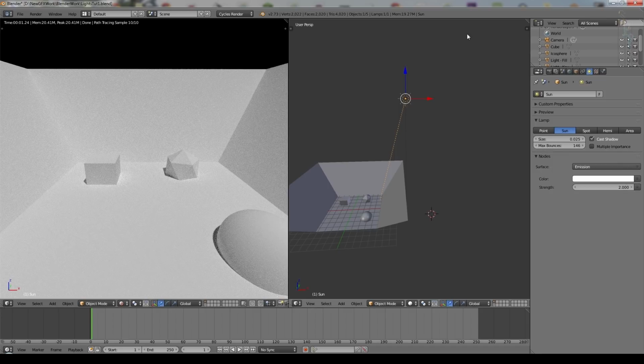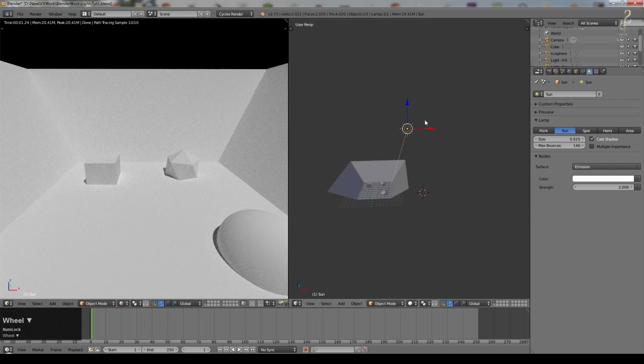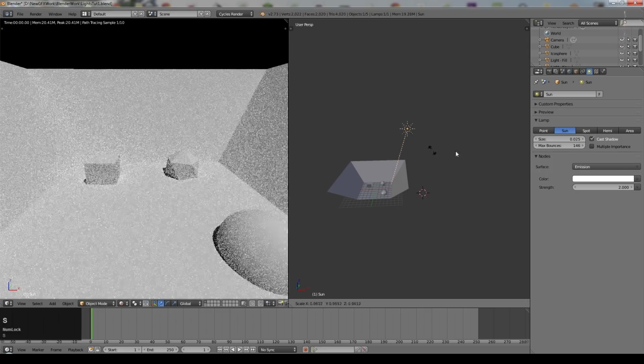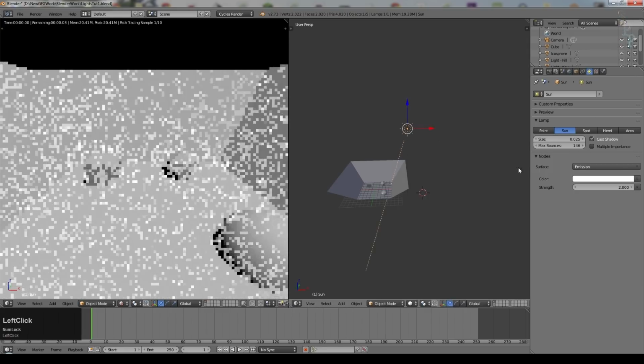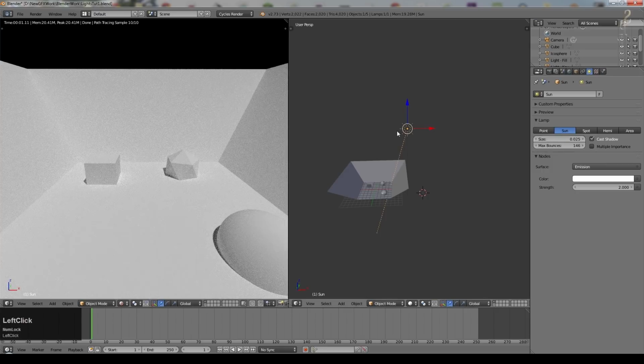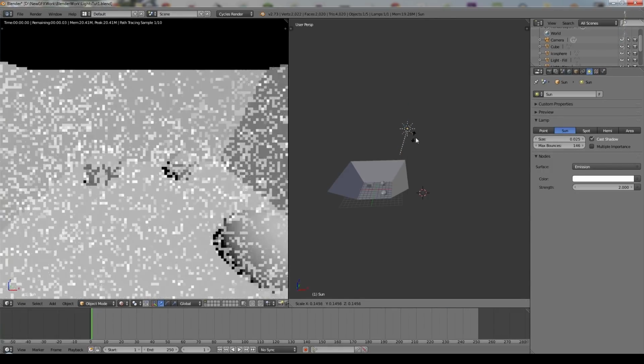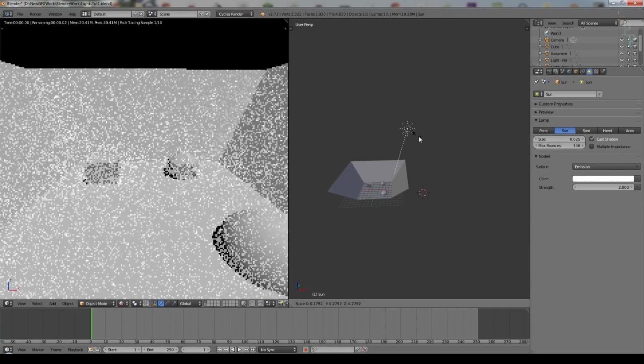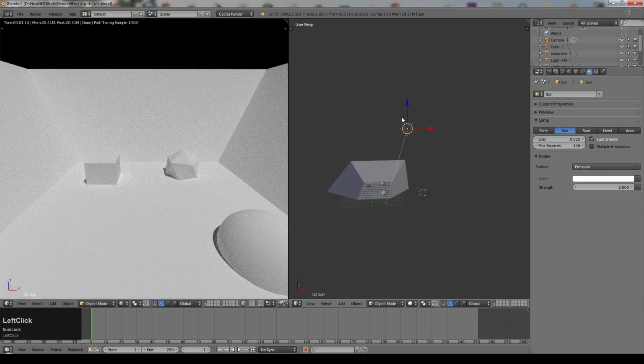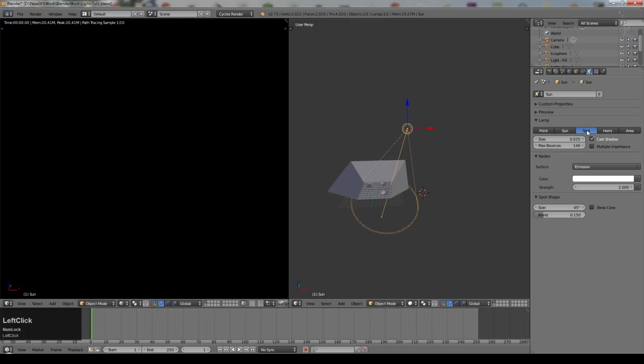Key thing to remember, the main things you're going to play with is the size and the angle of the sun lamp. The position in the scene is irrelevant to the rendering, but it's sometimes useful so that you can use this line. And you can scale the sun lamp like this, but it doesn't actually affect the rendering scale, but it can be useful if you're making a very small or very large scene to get that little indicator line somewhere useful.